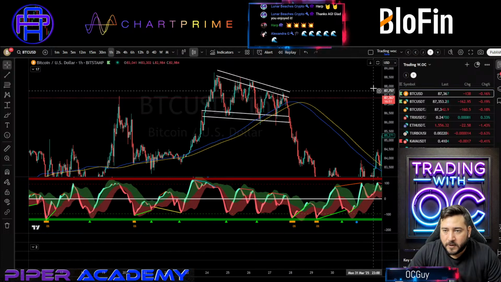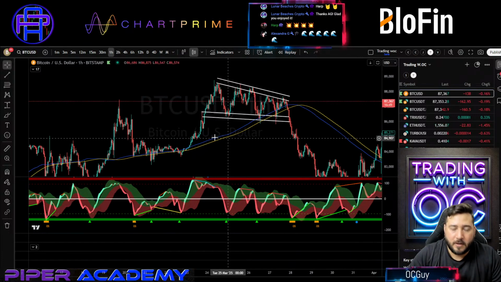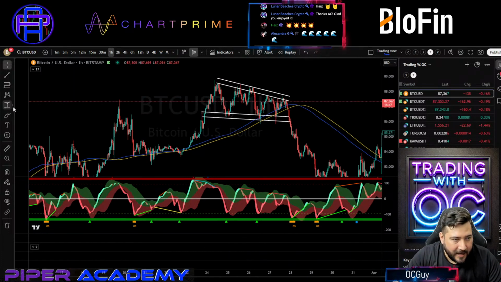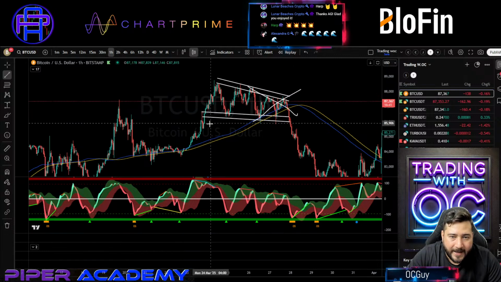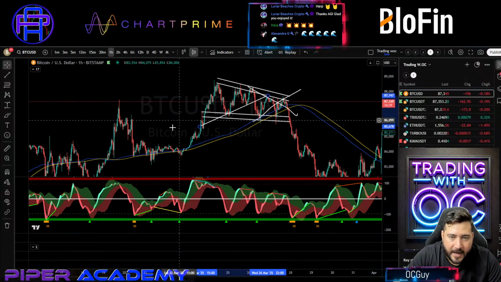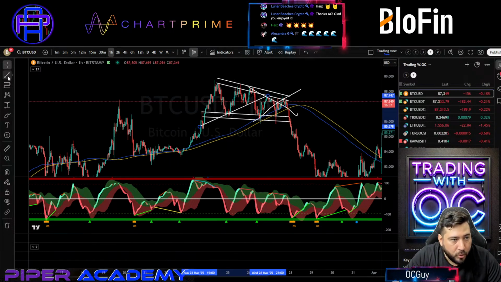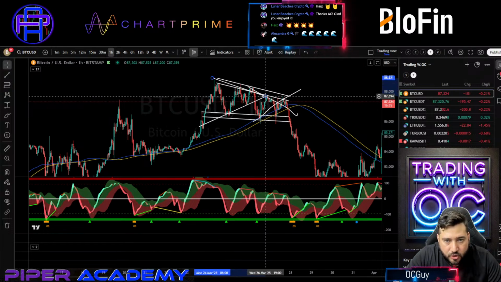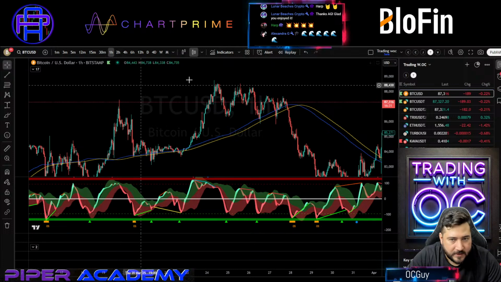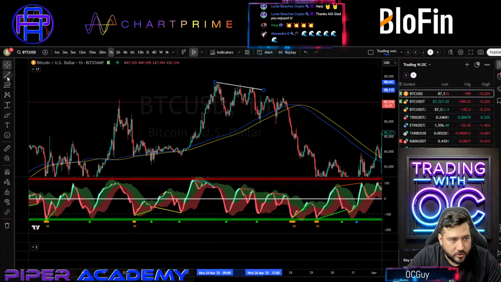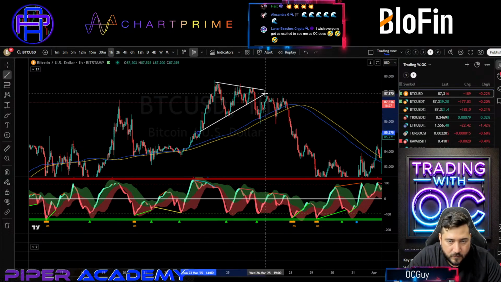What is the morphology of this pattern? So how did it start? Well, let's go back in time and just ignore, for example, the first part. What did we have at the moment? At the moment, we had a bullish or a symmetrical triangle. All right, let me clear this up so we can see it. Maybe a symmetrical triangle like this, right?